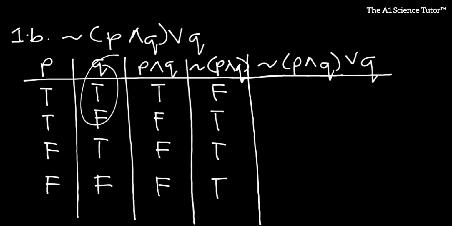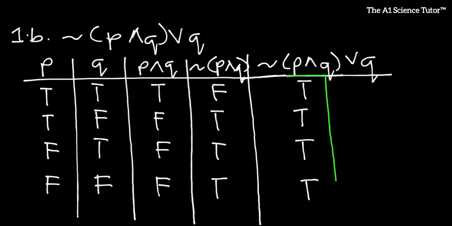This is our Q. So if you have a truth and a false, what's going to be the disjunction? Obviously, a truth. This is also going to be a truth. Obviously, T and T gives us a truth. F and T is always a truth. Now, you can see that we have all true values, the truth values of this stuff